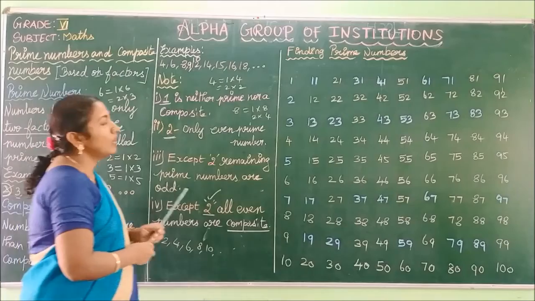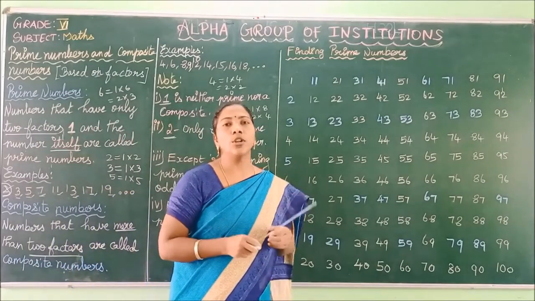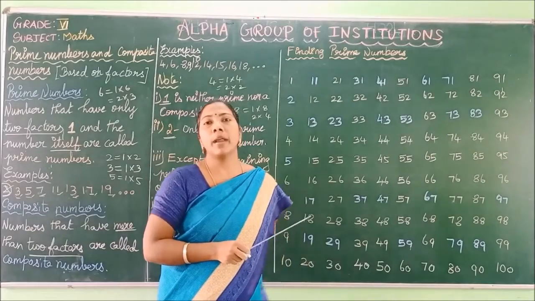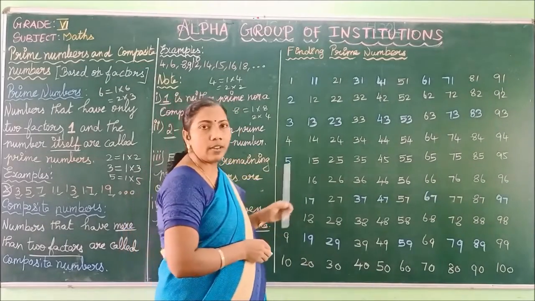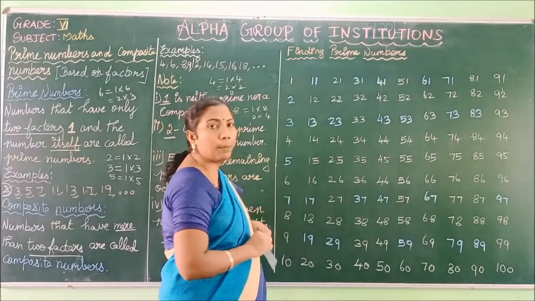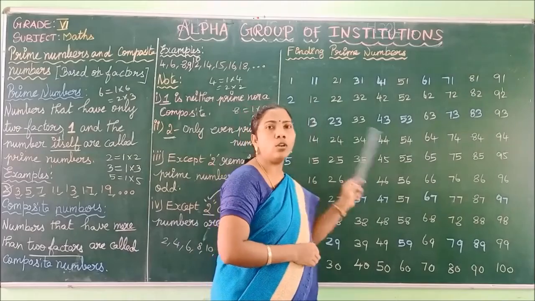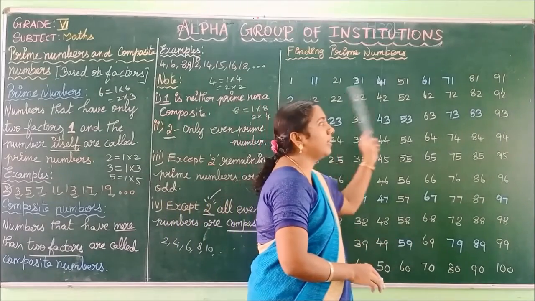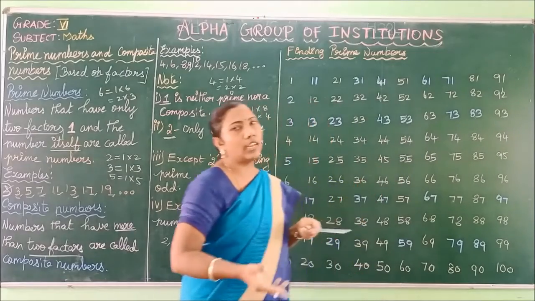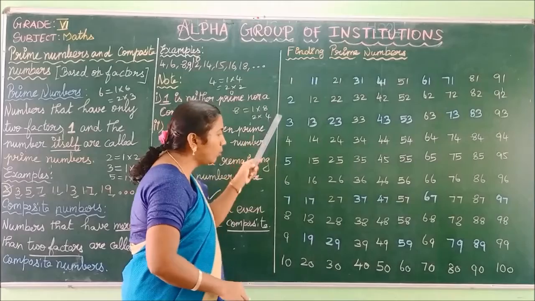Okay. Now we are going to do one activity. In this activity we are going to find how many prime numbers are between 1 and 100. Let us start our activity. How can we find the prime numbers? For the first step you have to write the numbers from 1 to 100. In your maths book they have written 1 to 100 like this, the horizontal method. You can use any method, horizontal or vertical. Here I have written 1 to 100 like this.